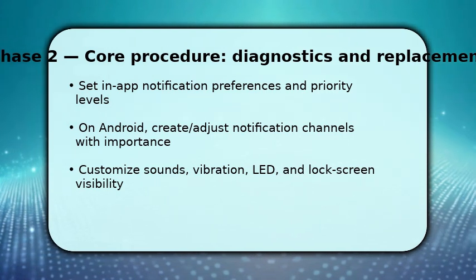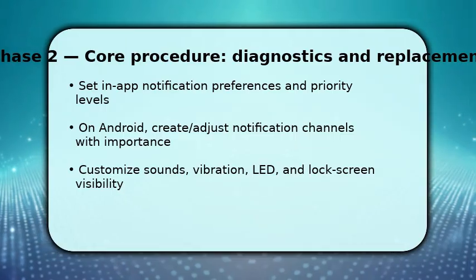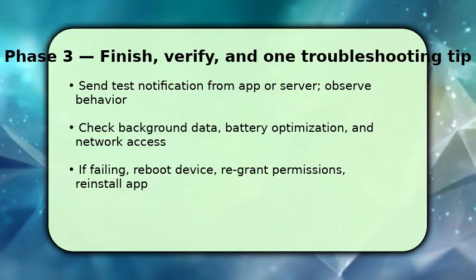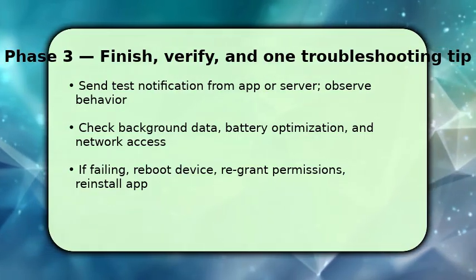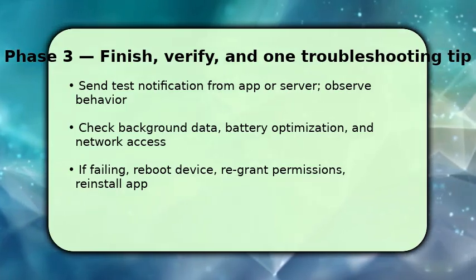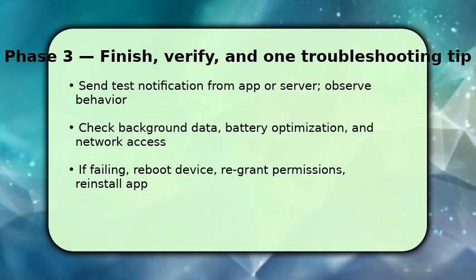To finish, send a test notification from the app or server and observe exactly how it appears. If it doesn't show, inspect background data settings, battery optimization, and network access. These often block delivery. Make sure the device has cellular or Wi-Fi connectivity and that the app is allowed to